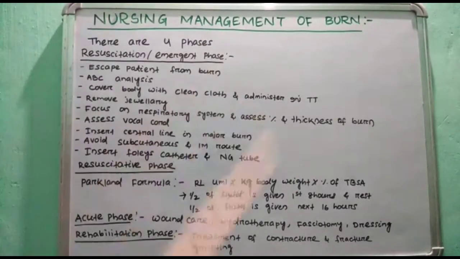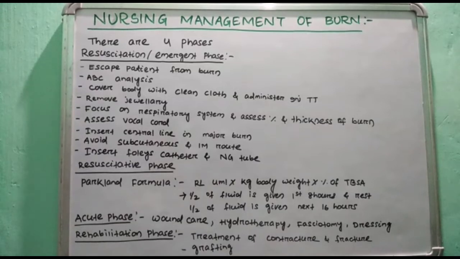Then the next one is fasciotomy. Fasciotomy is an incision through the skin, fat and muscular fascia to relieve pressure. Fasciotomy prevents compartment syndrome. As it is very painful, we should do the fasciotomy under anesthesia, or before we go to this procedure, premedicated anesthesia is given to the patient.